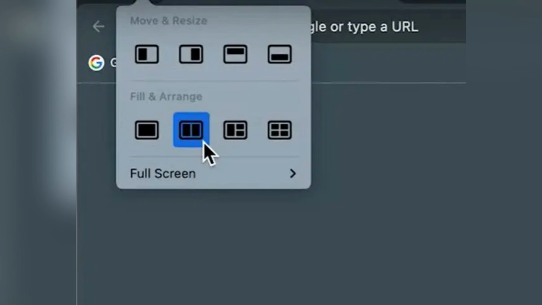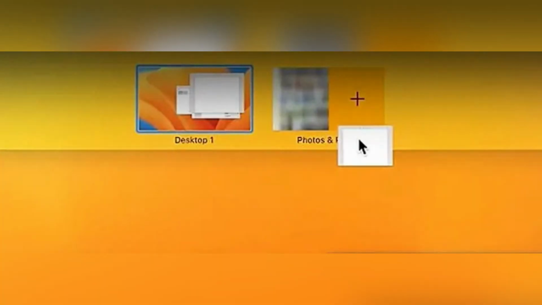Click on the one you want to use, then move the black bar in the middle to adjust the size of each window. Also, you can just ensure the apps you want to use are open and press Ctrl